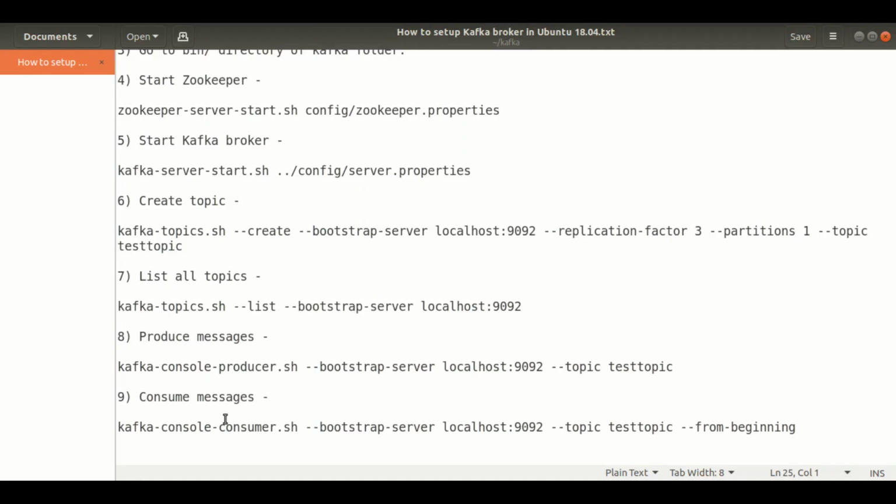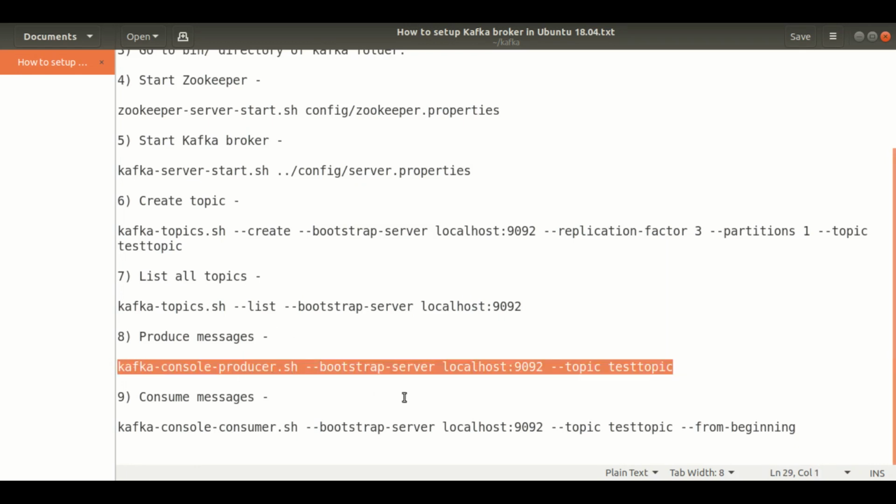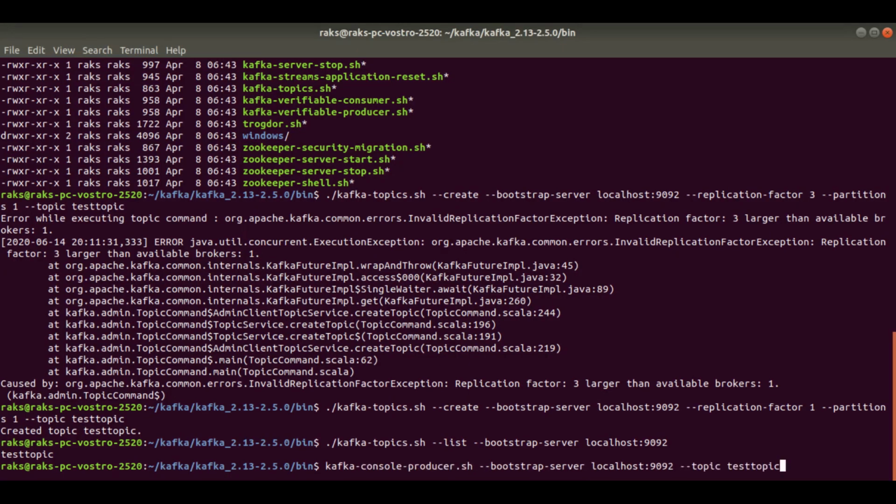Now we are going to produce a message and consume it also. First, let me show you how to produce the message. This is the command to produce a message to the topic test topic.